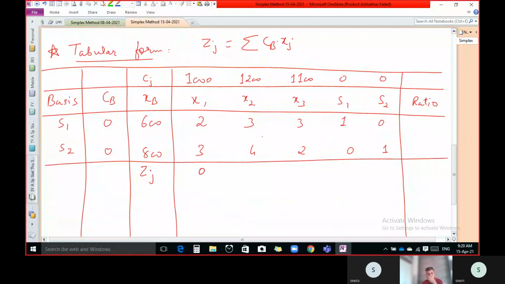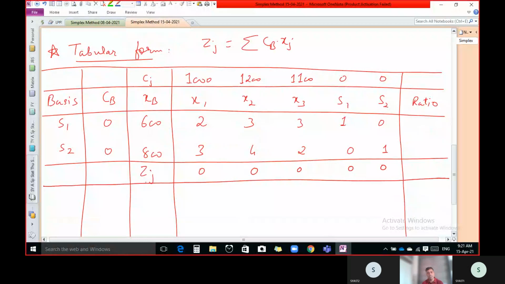Now to calculate this value, you have to use this column and this column and multiply corresponding values. 0 with 3, 0 with 4. So 0 with 3 is 0, 0 with 4 is 0, and that total is 0. So in that way, you have to write the answer. Because these are always 0 here, we always get 0, 0, 0, and 0 in the first table of simplex method. Now these are the values of Cj.